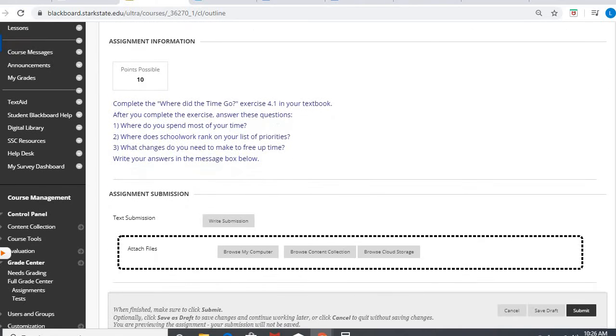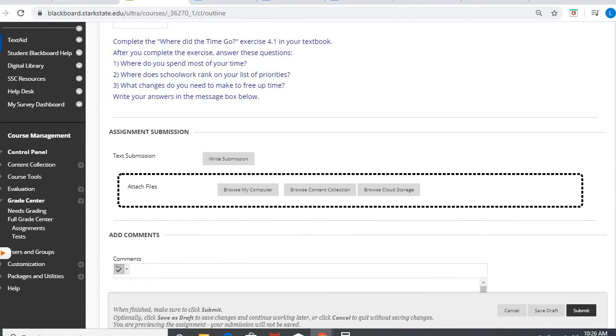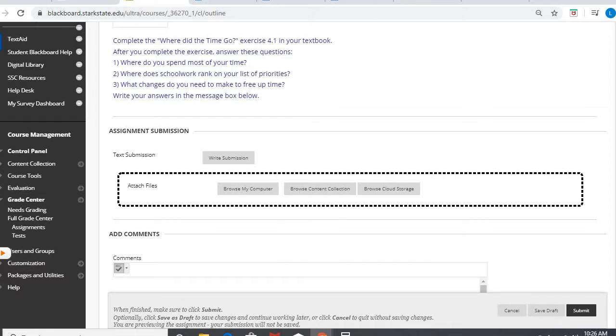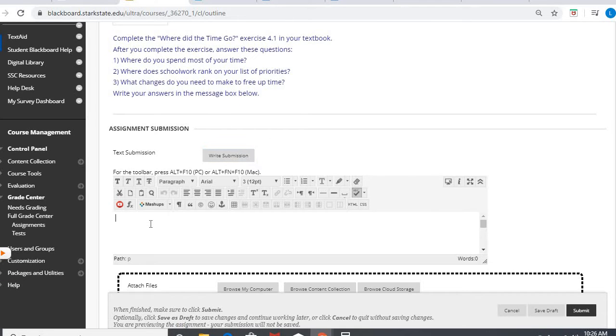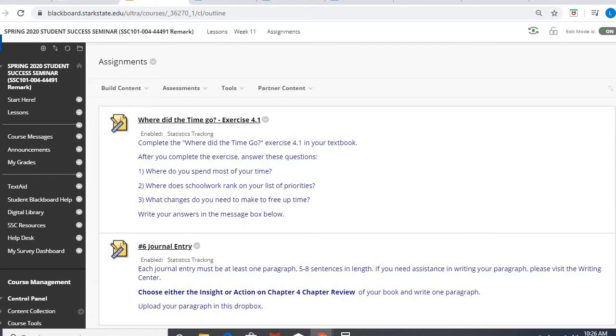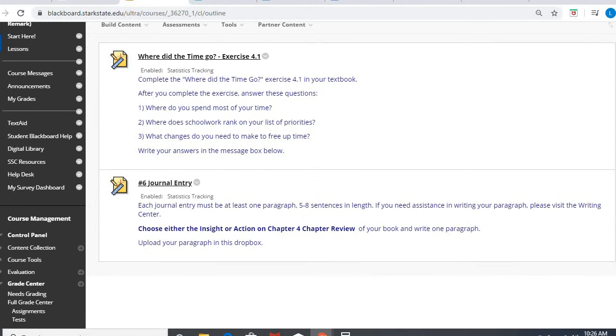Keep those questions visible, or copy and paste them somewhere else if you need to, and you can click right in the submission area and type there for all 3 questions using what you answered with the exercise in your text under 4.1. I have more information on that in the video for April 1st.